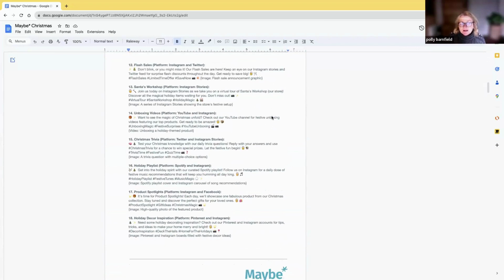Now, these have all been generated by AI. I am blown away by AI. But what's interesting about it is that if you just go to ChatGPT and say, give me the thing, sometimes you look at it and think, that's really clever, but actually I couldn't use it, it's not for me. Now, what happens inside the Maybe platform is that it takes this content and personalizes it for your business.